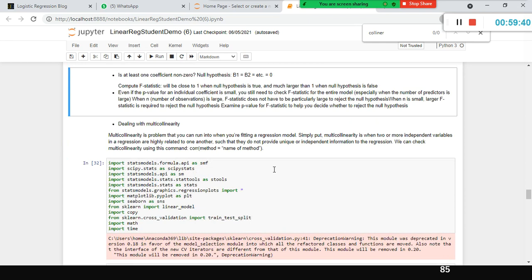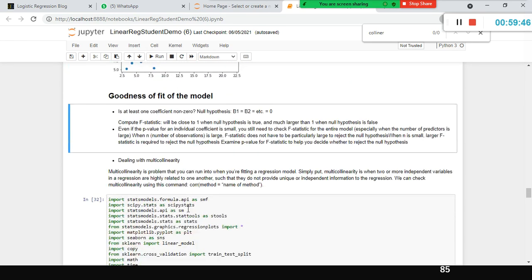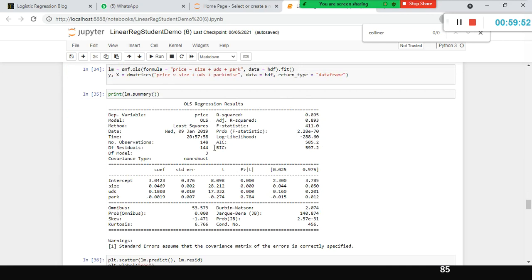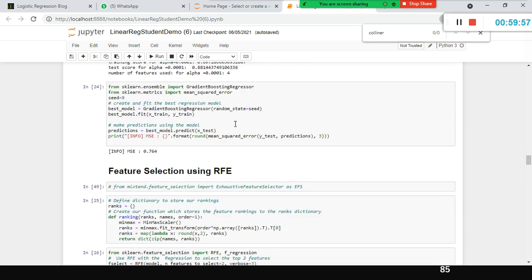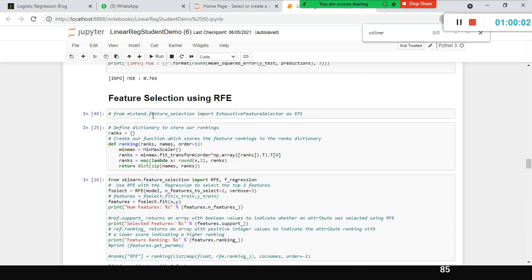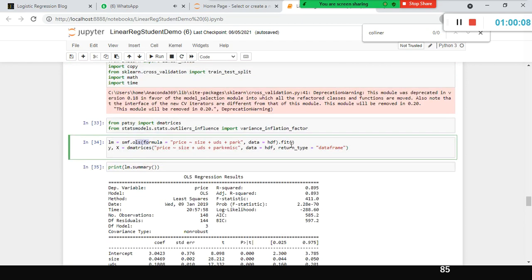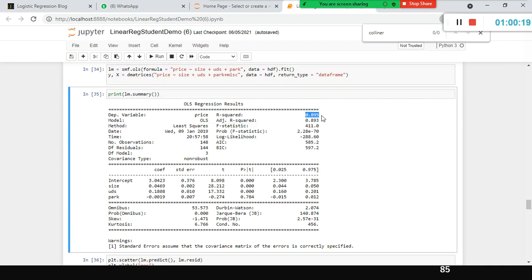Dealing with multicollinearity, this also I discussed. We have the variance inflation factor that is available as part of OLS. If you want to get a detailed summary, you have to use the OLS function. That's the painful thing. But in real-time scenarios, they use sklearn only, even in production systems. What you do is store the training and test data sets in a flat file and use the same file while you fit the model in OLS. And then to get the complete details, such as R squared, otherwise you'll have to manually query everything.